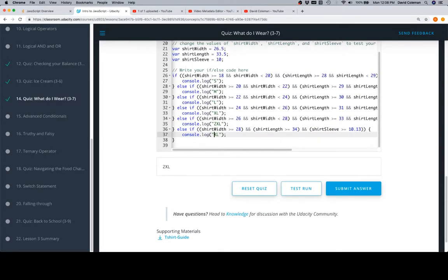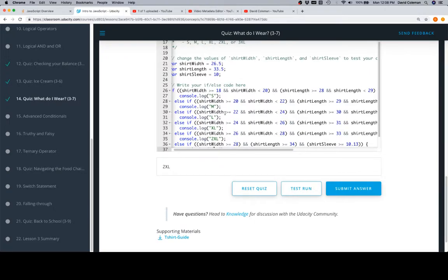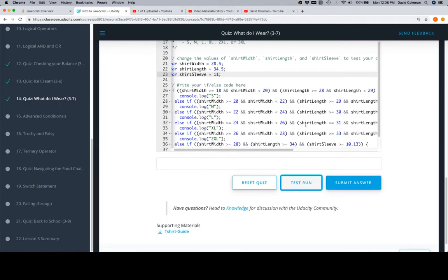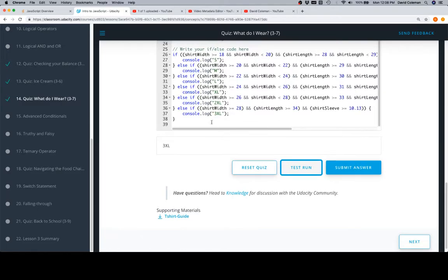Okay, that should do 3XL. So let's change these values so that they look like what they ought to. So we need something greater than 28. We need something greater than or equal to 34. And we need something greater than or equal to 10.13. Those values should do it. Test run should yield 3XL. It does. The last condition is going to be, if none of these conditions are met, we're looking to console.log